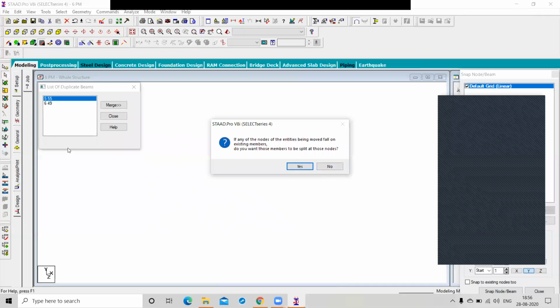So we have members 5 and 55, and 6 and 49 as the duplicate members, right? If any of the nodes of the members being moved fall on an existing member, it is saying that what you have moved is landing on an existing member. Okay, so do this: Do you want these members to be split at these nodes? Yes.